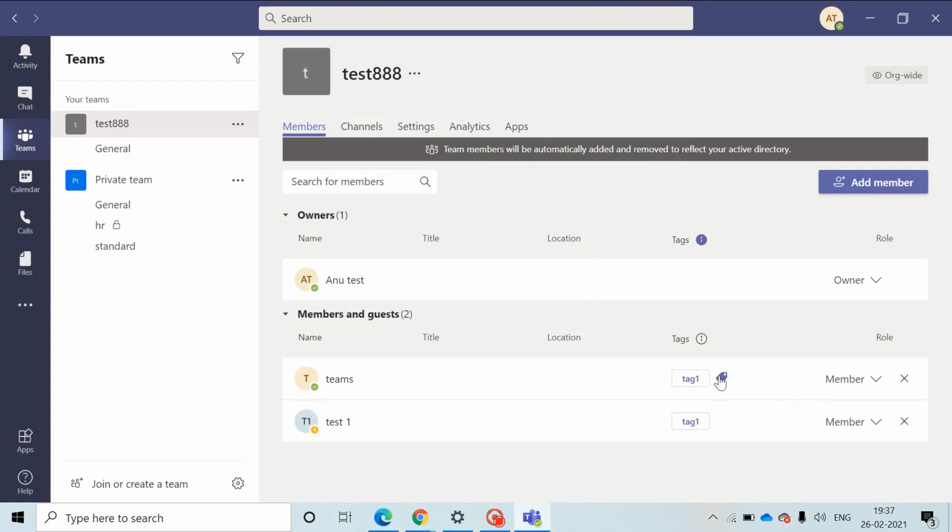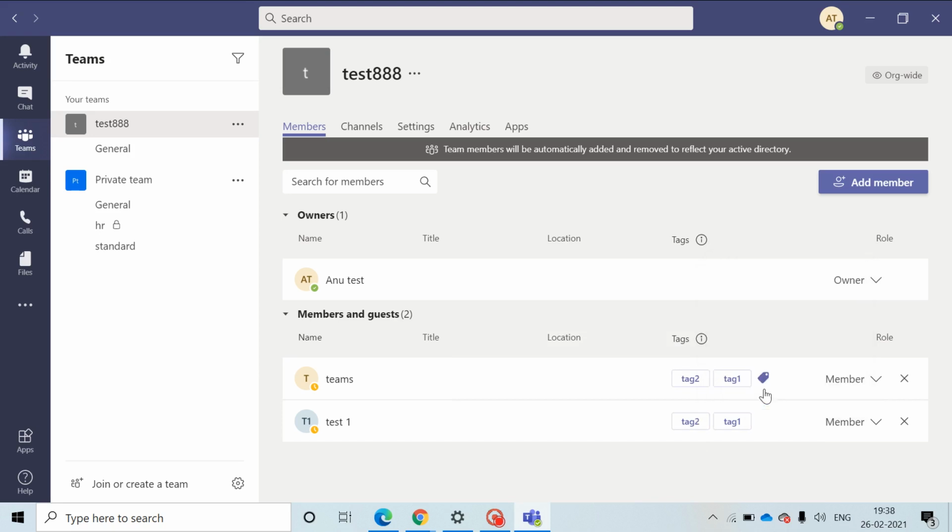I just need to click on this symbol here. When I click on this, it will tell me to type a tag name. So just ignore the tag 1 which you see and type tag 2. We didn't find any matches, so it will create tag 2. So now my Teams is a member of tag 2 as well. I will do the same for this user, but now it shows 2 options, tag 1 and tag 2. Which tag should my member be a member of, right? So I will select tag 2, apply.